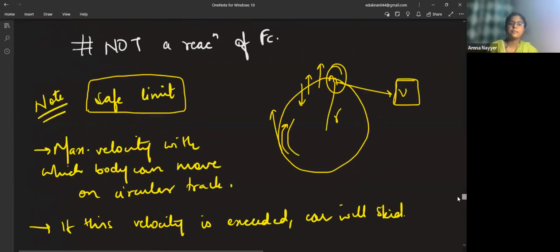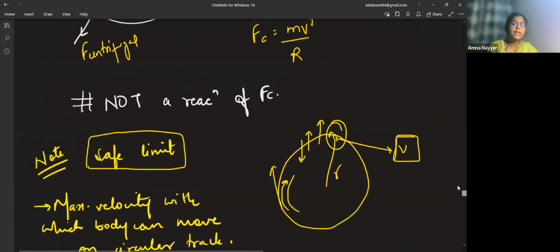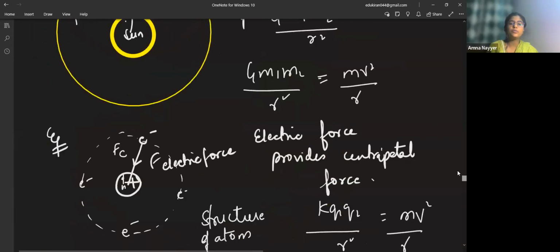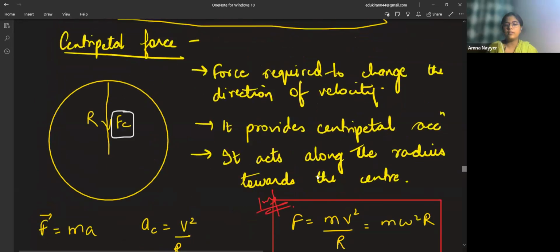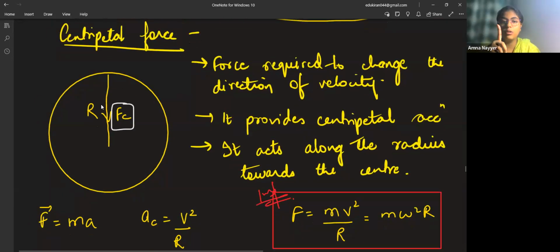See, if you have written perpendicular to the radius, then it means you have written it wrongly. This is the centripetal force. Now I'm telling you, all of you, not only Martin, this shouldn't be repeated now. Direction of at least centripetal force and centripetal acceleration, all of you must remember it. Perpendicular to the radius means what? The force would be completely opposite to the prescribed direction of the force. This is along the radius.